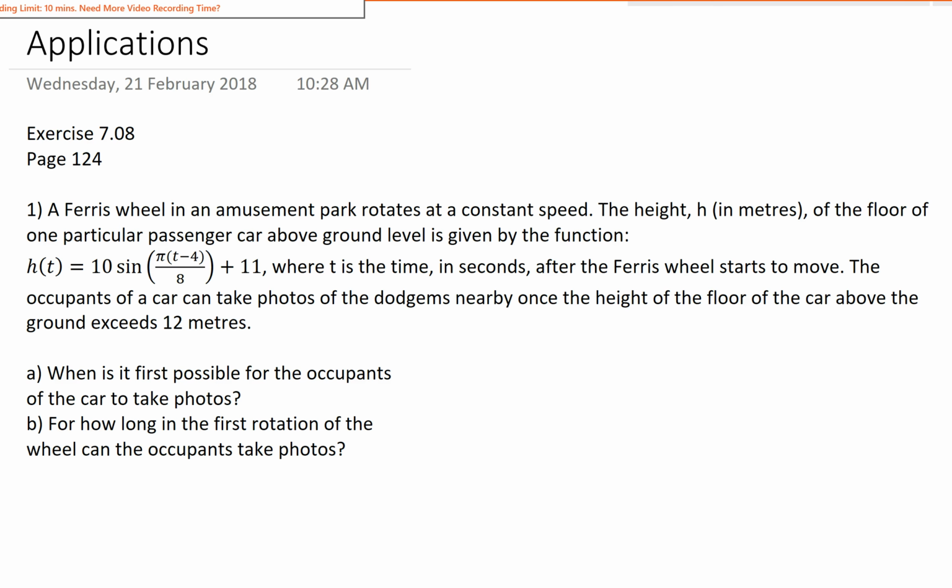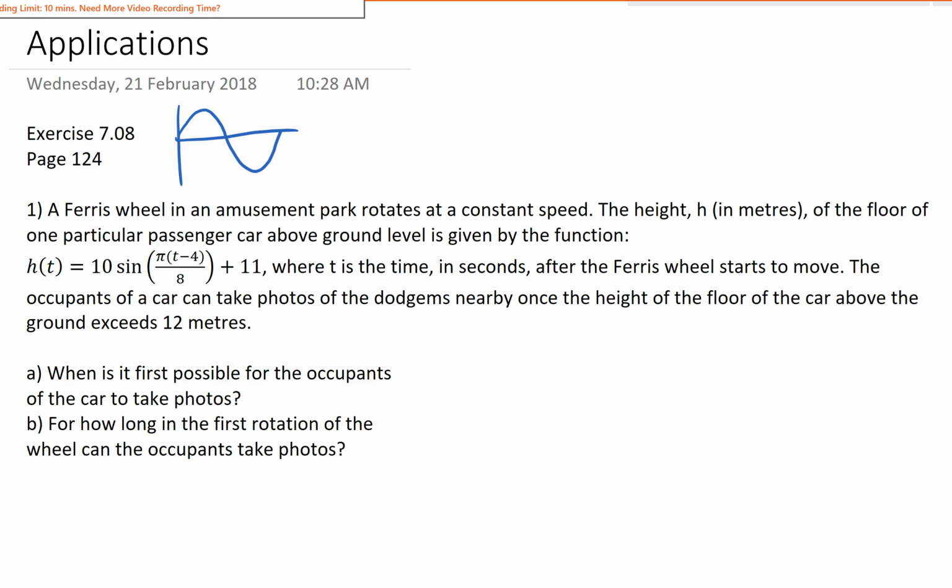Okay, so question 1, talking about a Ferris wheel at an amusement park, constant speed. H is the height of the car above ground level. There's the function. T is the time after it starts to move. It talks about the occupants being able to take photos above 12 meters, and you are asked really to say when is that? So first of all, in solving any of these sort of problems, we have to start by